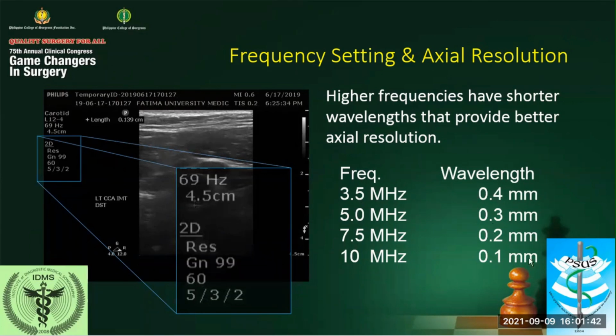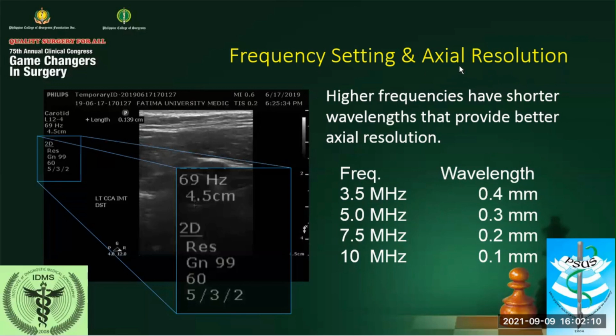So this is the important parameter. Because the shorter the wavelength, you see here, at 10 megahertz, you have a 0.1 millimeter wavelength. That is the size of the object that can be resolved or distinguished by the ultrasound machine, which means that the higher frequencies will give you better axial resolution.